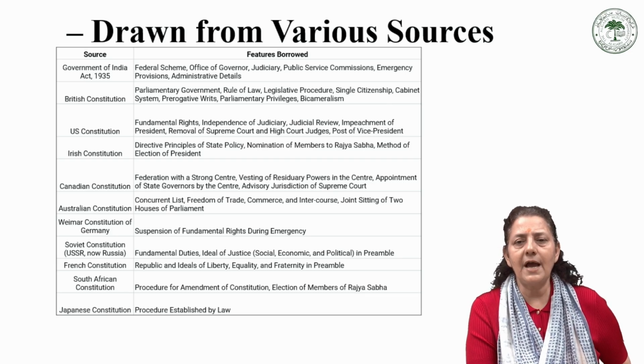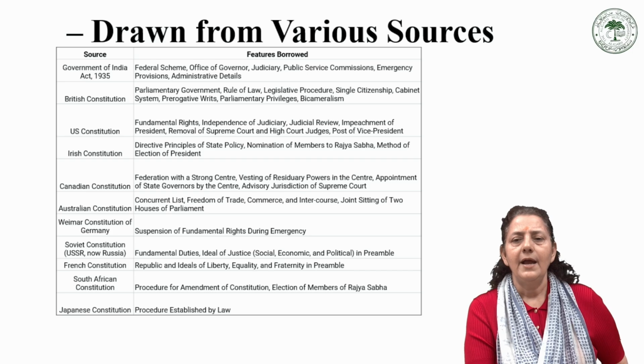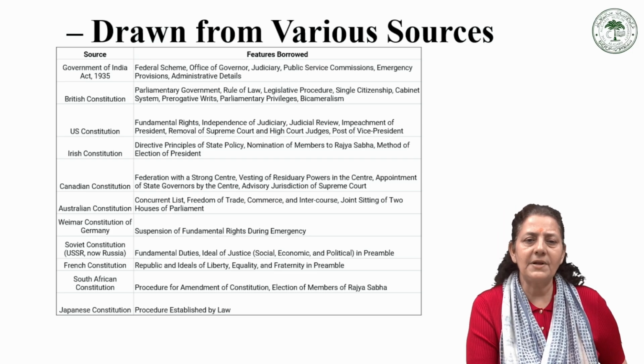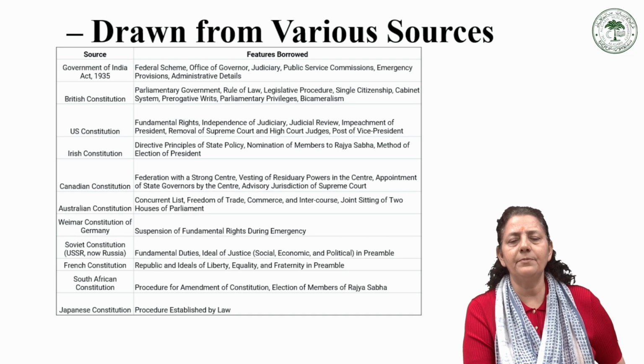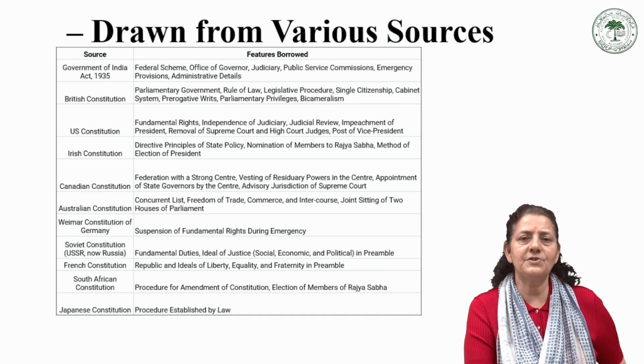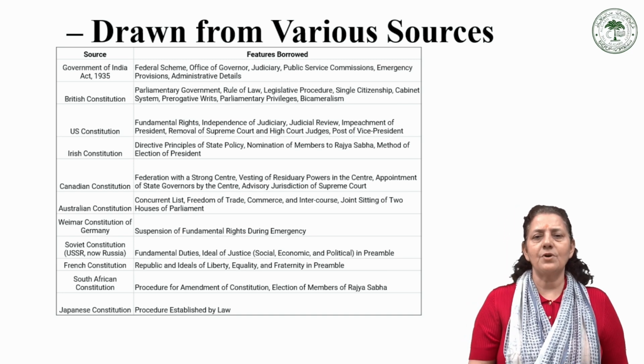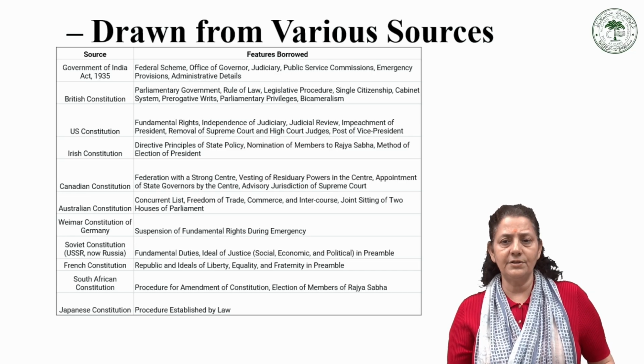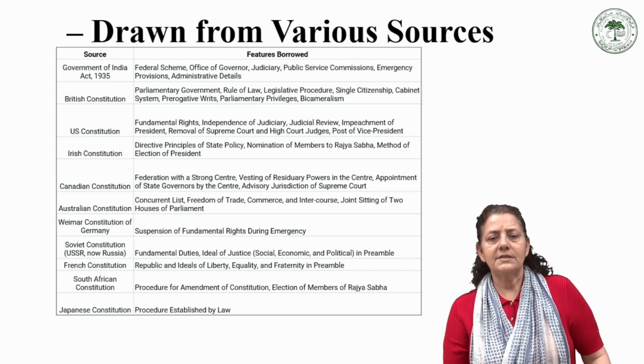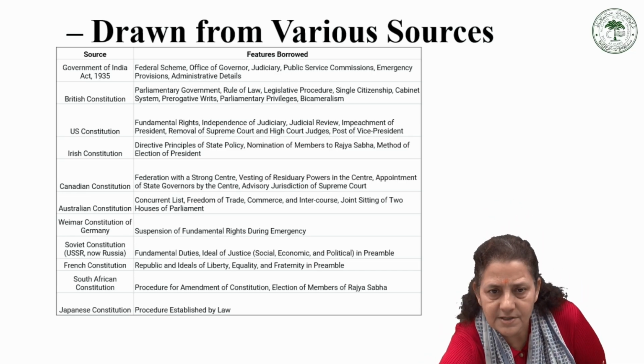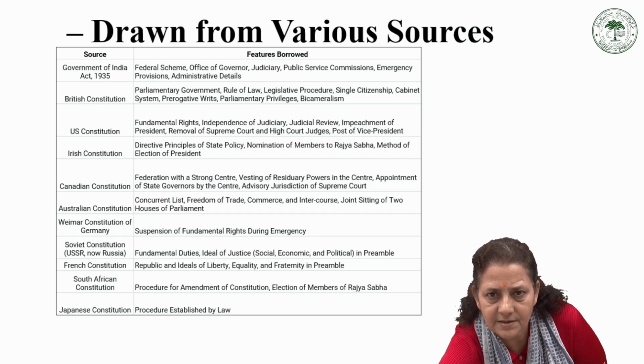From the Government of India Act 1935, India inherited the federal scheme, Office of Governor, Public Service Commissions, emergency provisions, and administrative details. From the British Constitution came parliamentary government, rule of law, single citizenship, bicameralism, and the cabinet system,